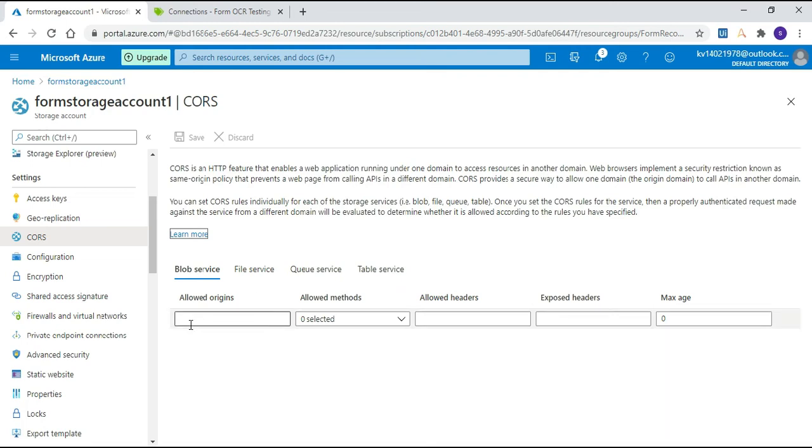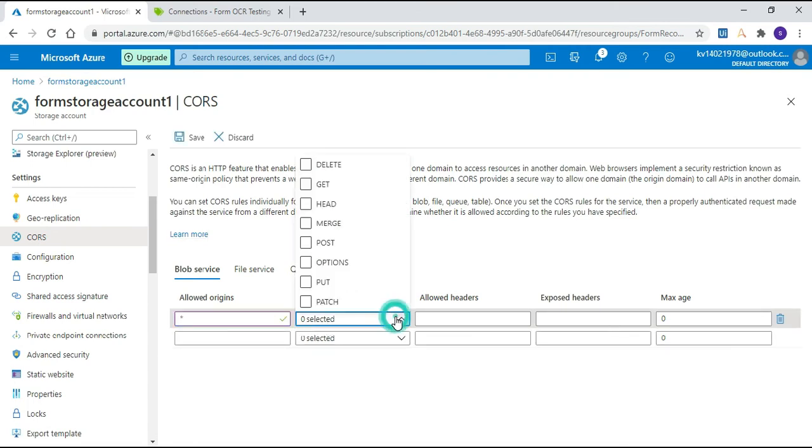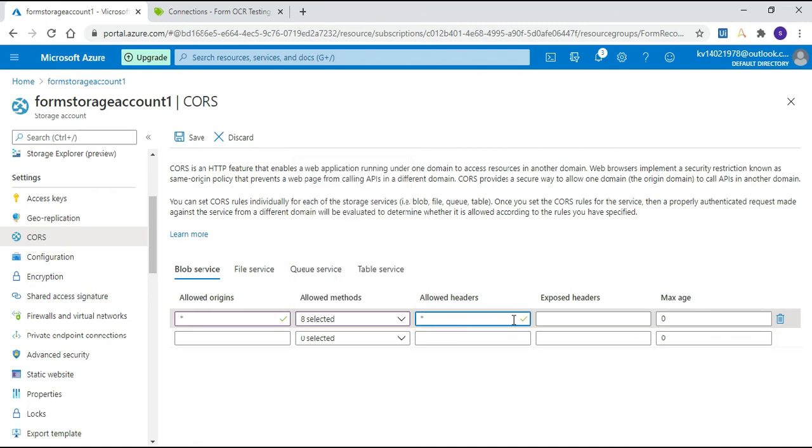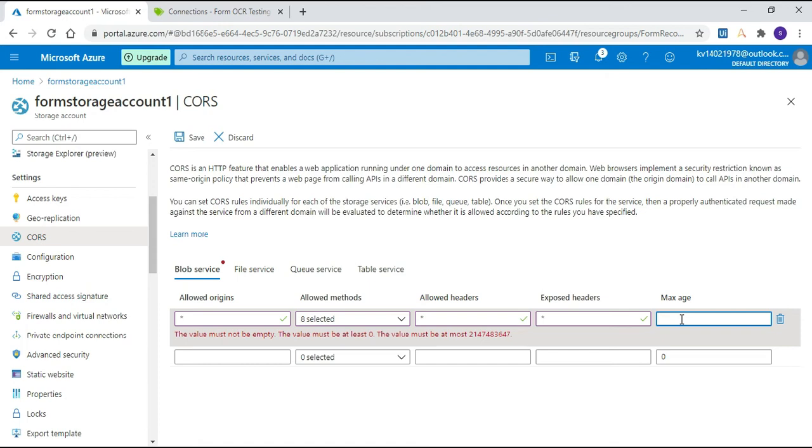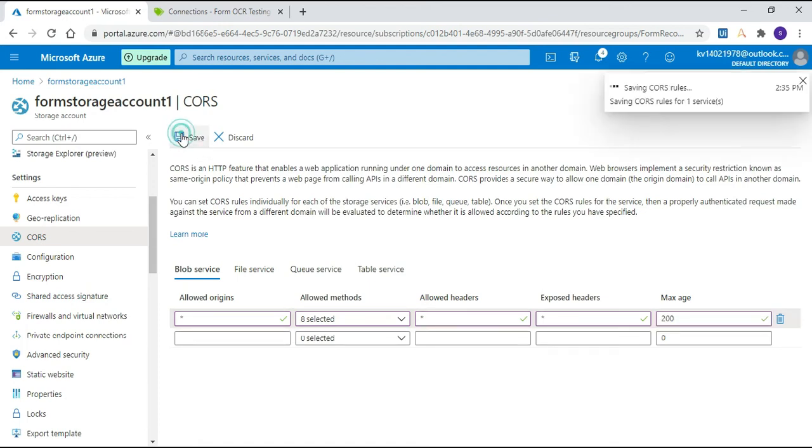So what we'll do is in the blob service allowed origins we'll give asterisk so that we can access all the files. Allowed methods, all types of methods we are going to allow. All the 8 methods we are going to just allow. Next is allowed headers, again asterisk, exposed headers asterisk, and the max age. So here we'll put 200. We'll save this.